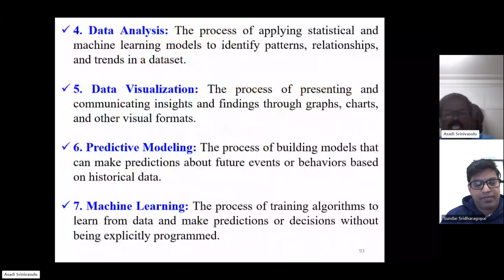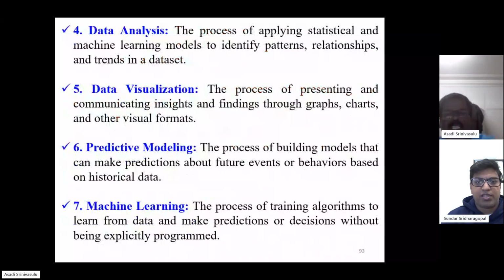Tomorrow we'll see the practical session. So you are ready with your system, and I'll start with practicals. I have Anaconda. No problem. I can also make it with the CMD command prompt, I'll teach you very simply, so that you can generate various graphs. Okay, great. Sundar, that's all from my side.